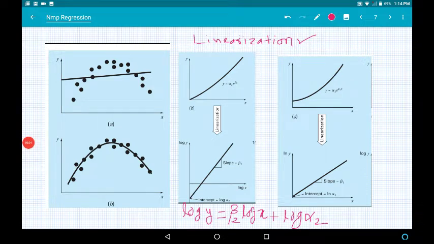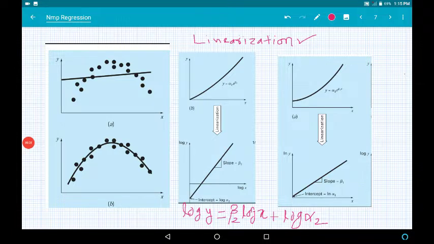Good afternoon, friends. In today's video, I will talk to you more about linear regression. In the earlier class, we have seen how you can fit a straight line to a number of points, and we can find the best fit straight line by finding the residual sum of squares, or the RSS, and we will minimize this residual sum of squares so as to get the best fit line.